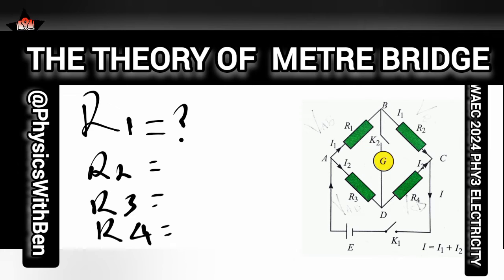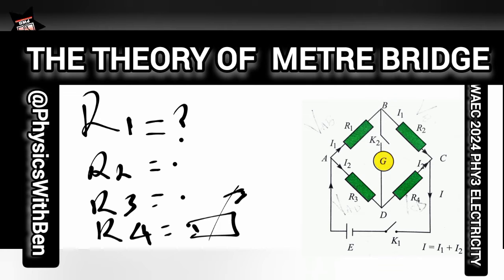Resistors R2 and R3 could be standard resistors, while resistor R4 could be a variable resistor. So the value of resistor 1 is unknown, while resistors 2 and 3 are known. This variable resistor will be varied